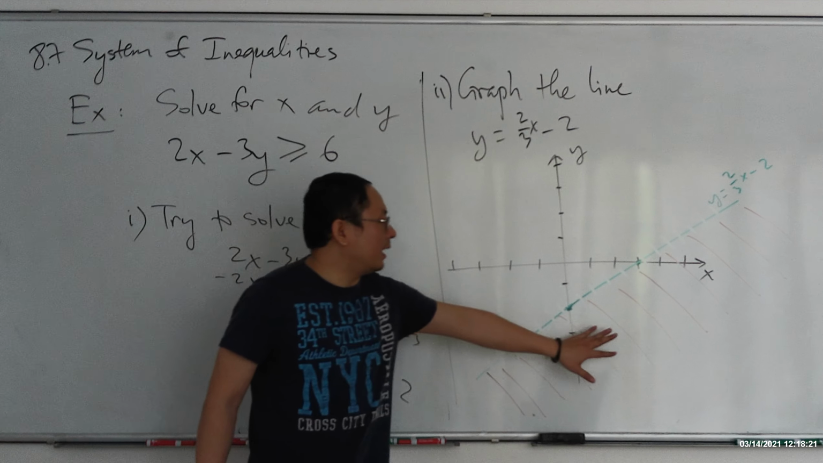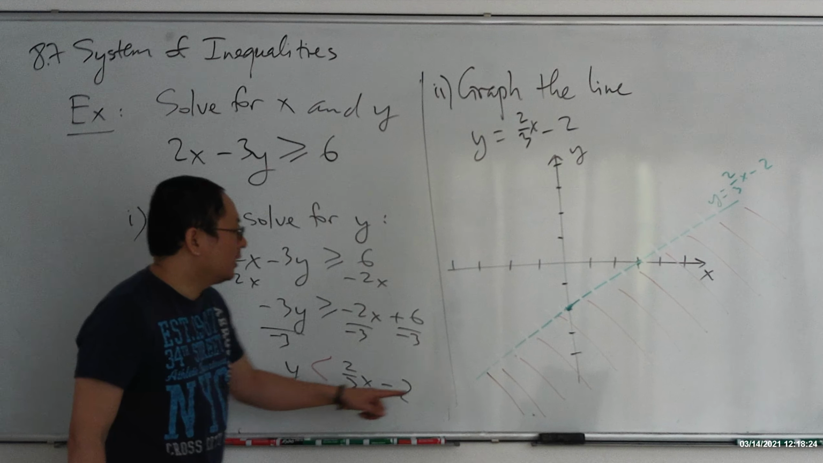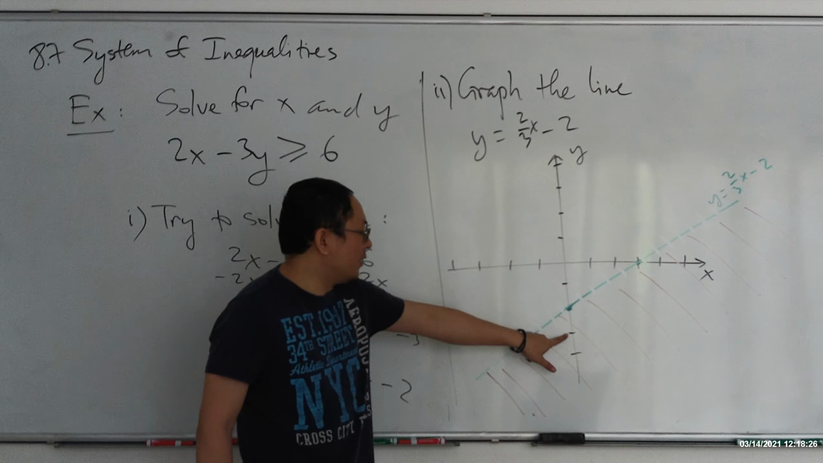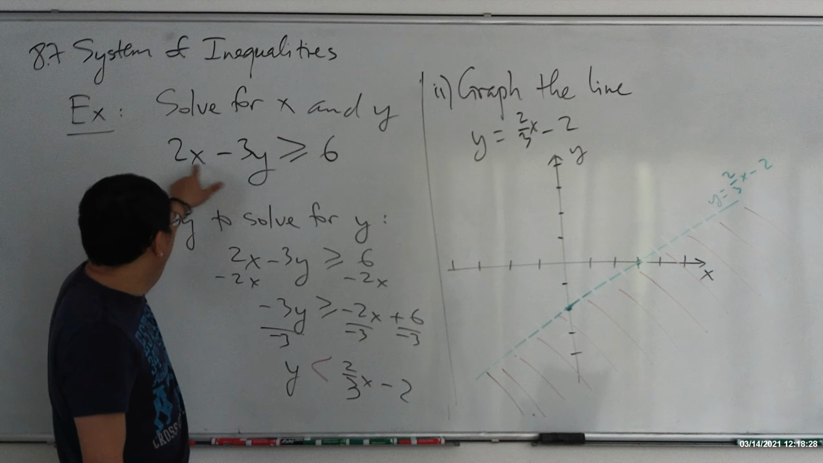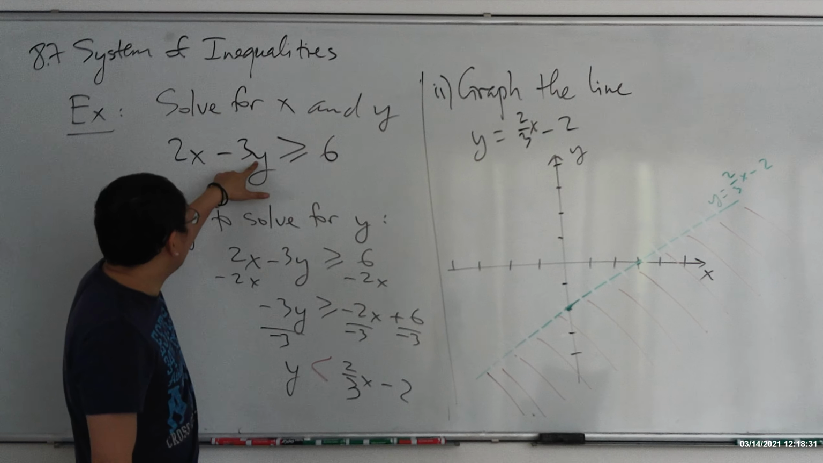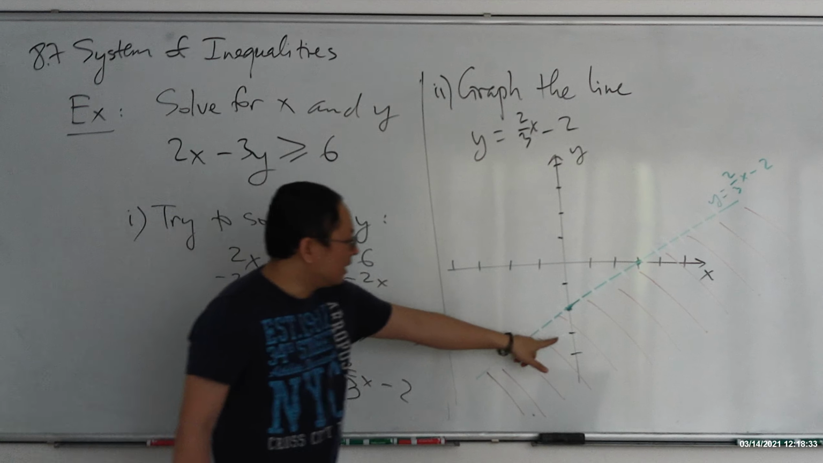Another way of finding the solution set is to try a point. You plot a point right here. X is 0, y is negative 3. Is that good? X is 0, y is negative 3, so it's 9, bigger than 6. This point is good, means